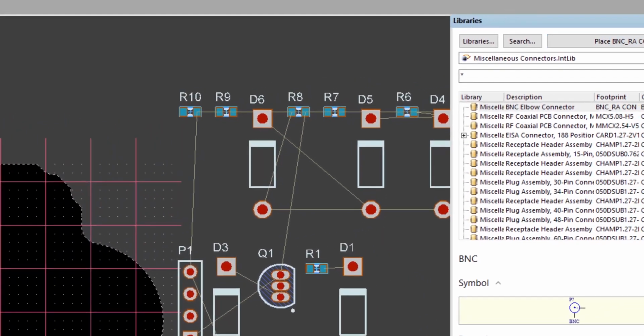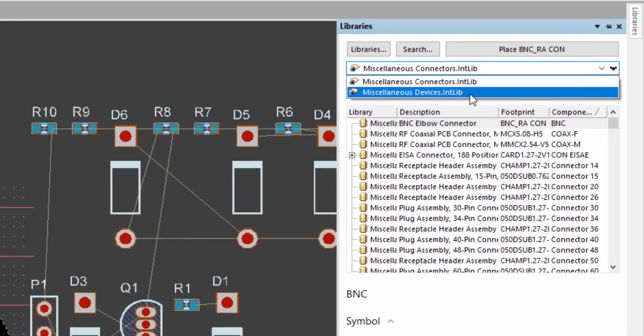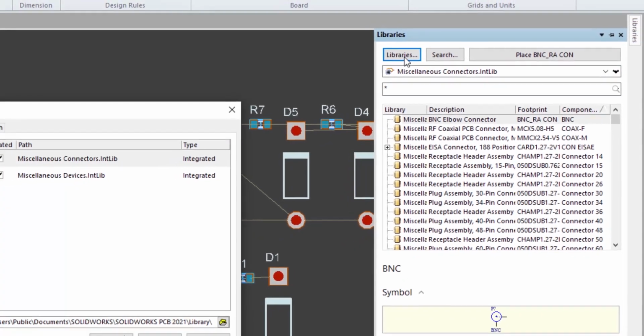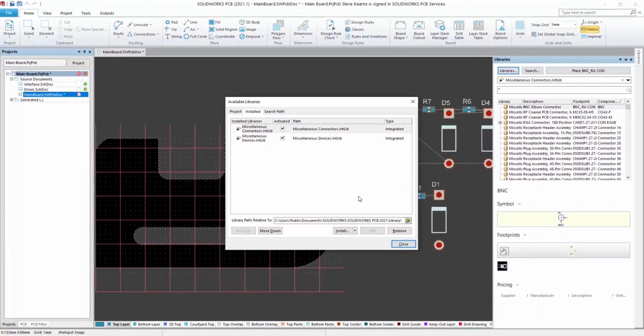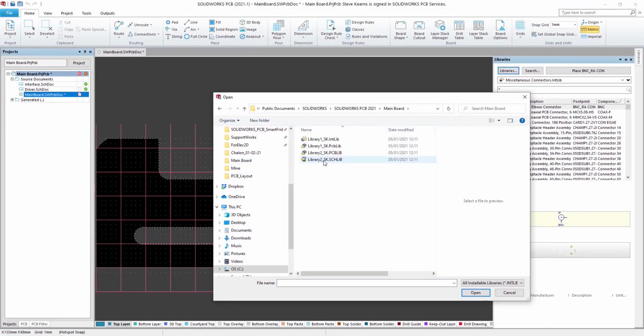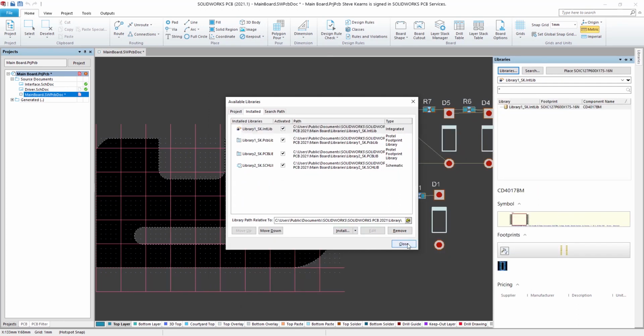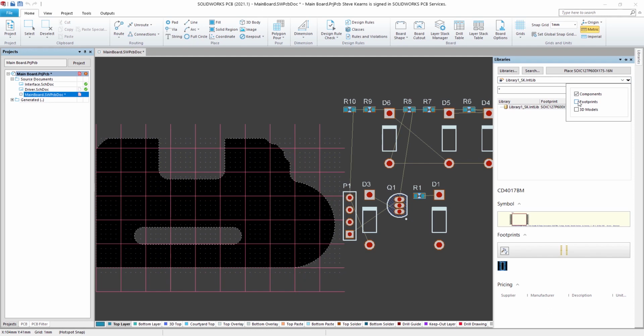On checking the available libraries, we see that only the miscellaneous libraries are available. Note that the miscellaneous libraries should not be used for design, they are there for learning the product. Knowing there are correct libraries available, these will be installed and the miscellaneous ones removed. The bird symbol allows choice of library type listed.